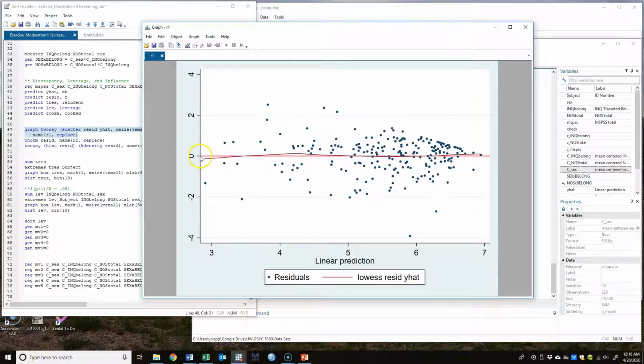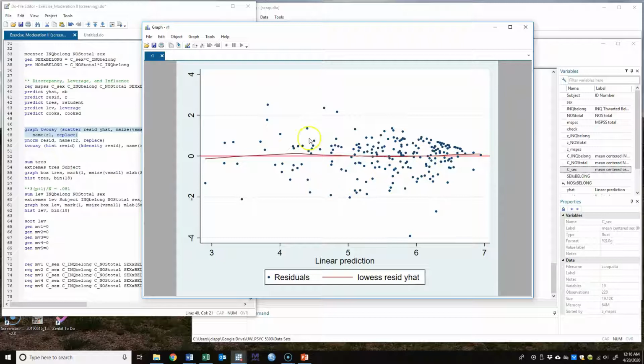Here is our center line. If we have normally distributed residuals, we should see relatively equal representation above and below this line for any given predicted value of our outcome. And we're seeing that our lowess line is following along, which looks pretty good. I'm not seeing any clear evidence of non-normality or nonlinearity in my residuals. The only thing I start to become a little bit concerned about is that we might see some evidence of